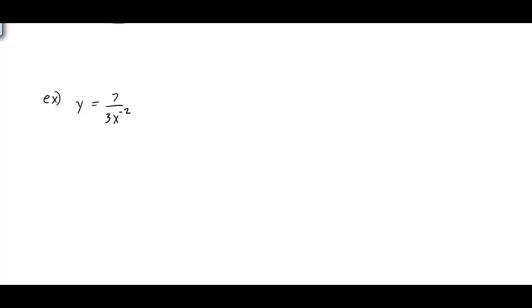All right, and one last example here. y equals 7 over 3x to the negative 2. We notice here that we already have a negative in the exponent, so x to the negative 2 is in the denominator, and it's already negative. So that means if we go to rewrite this problem,